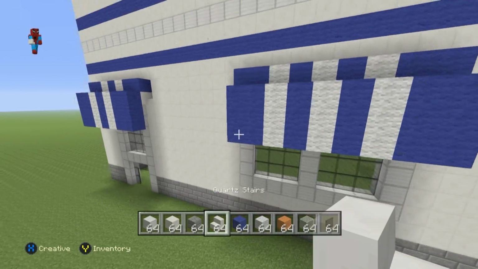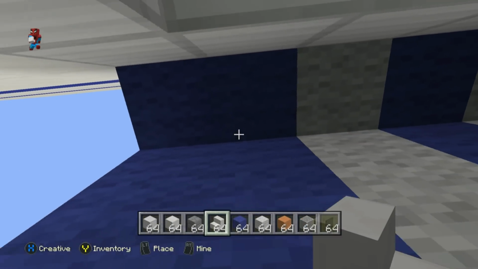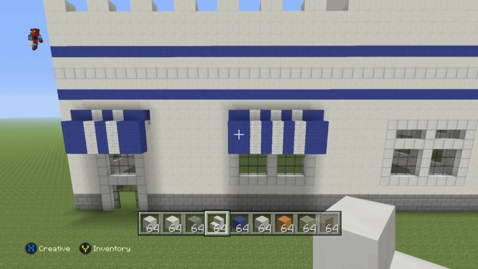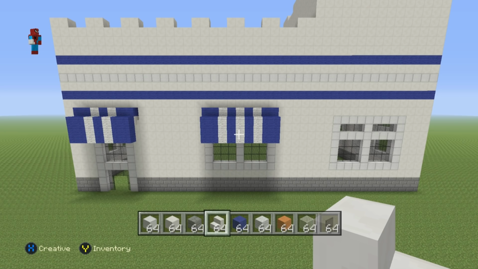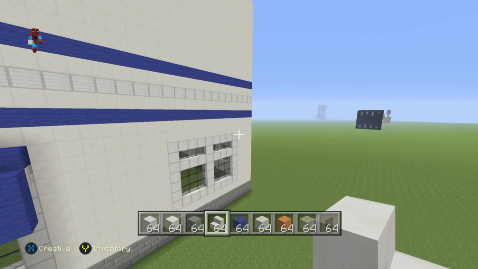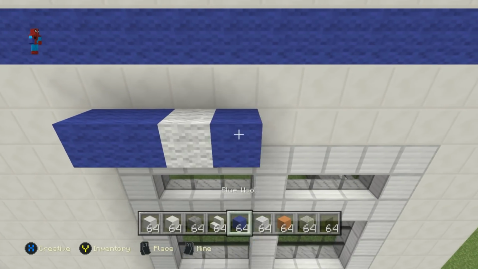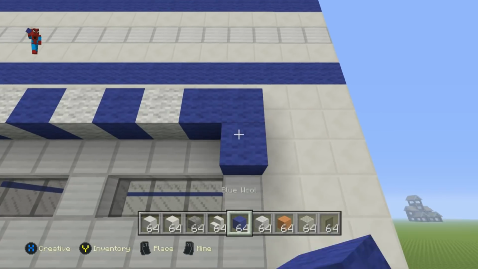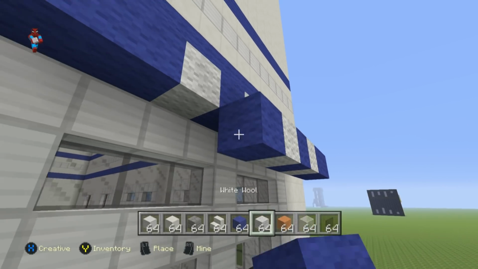And like I said, you might want to add some upside down quartz stairs just underneath those, and it just makes it look a little bit better, I think. And there you go, it's as simple as that, and you want to do that in total 5 more times. So going from left to right, just above the window, it'll be 2 dark blue, white, blue, white, blue, white, 2 blue. Then coming out diagonally, we want to do the same thing,